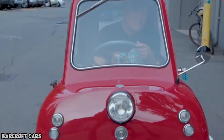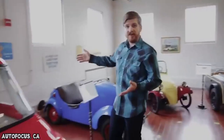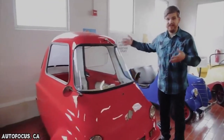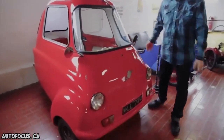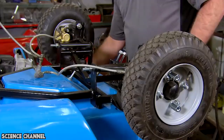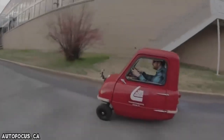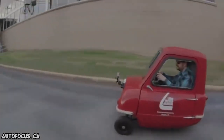They love tiny cars. Honestly, there is a niche for everyone. There were just 50 P50 microcars manufactured between 1962 and 1965 by Peel Engineering Company, and, well, they don't have a reverse gear. How does that even work? I guess the car is so small and light that you could just pick it up and turn it around